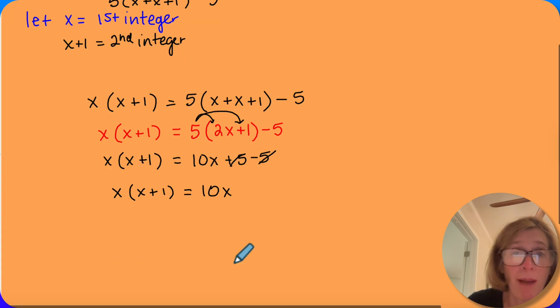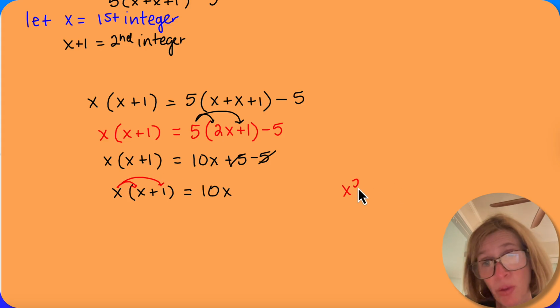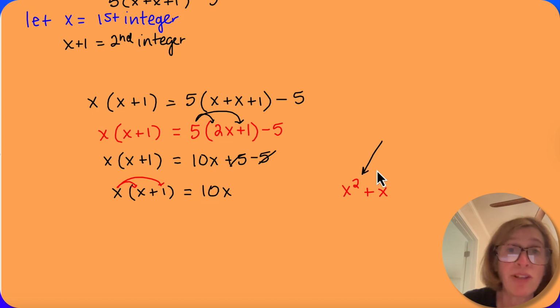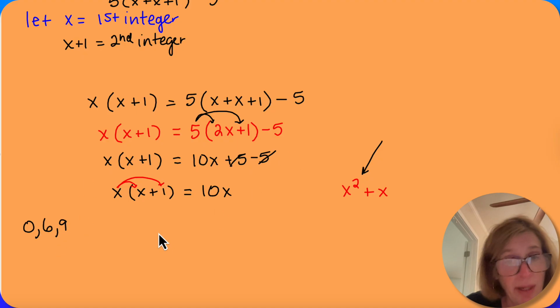Okay, so now here's the problem. If you were to distribute your x, you would get x squared plus x, which I told you if you ever got that, you don't know how to solve it yet, so you'd have to guess and check. Now, they gave us the domain for the smallest numbers. They said it was either 0, 6, or 9. So I'm going to make a table,